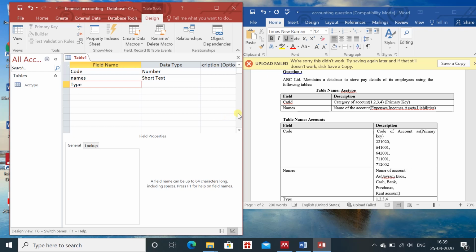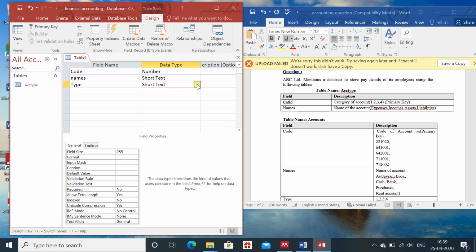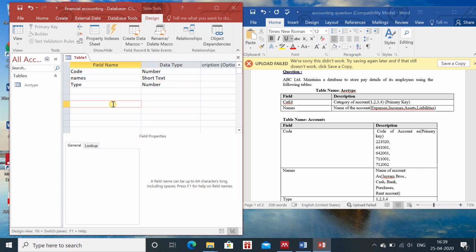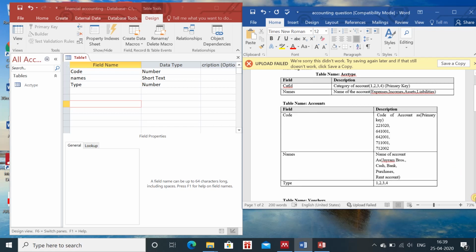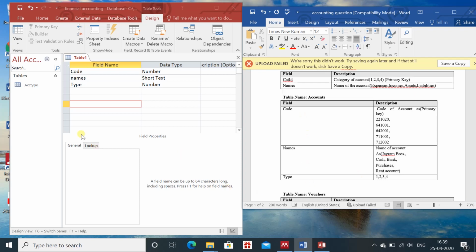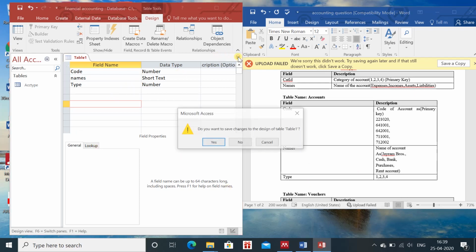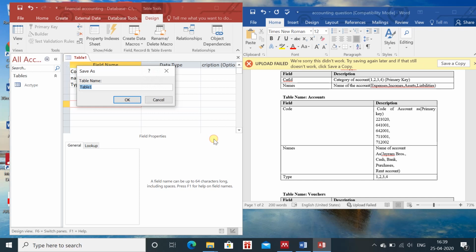In type also we know that they have given the number, so we have to select the number here. So we have selected the number, and we don't have any other field in this. So 3 field name. Now again, do you want to save? Yes, we want to save it.